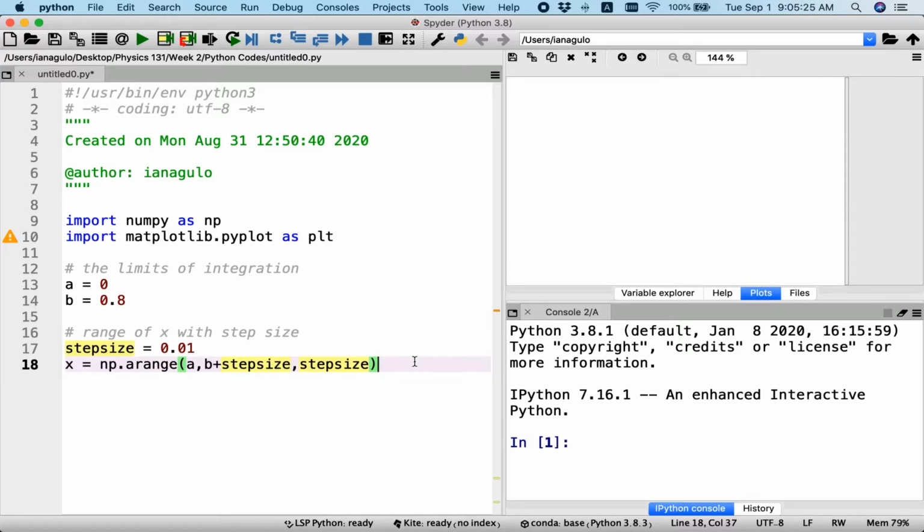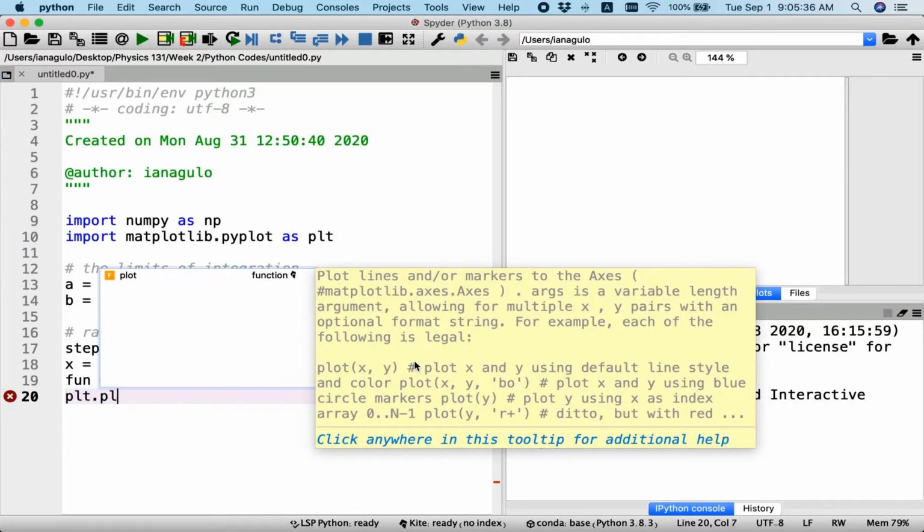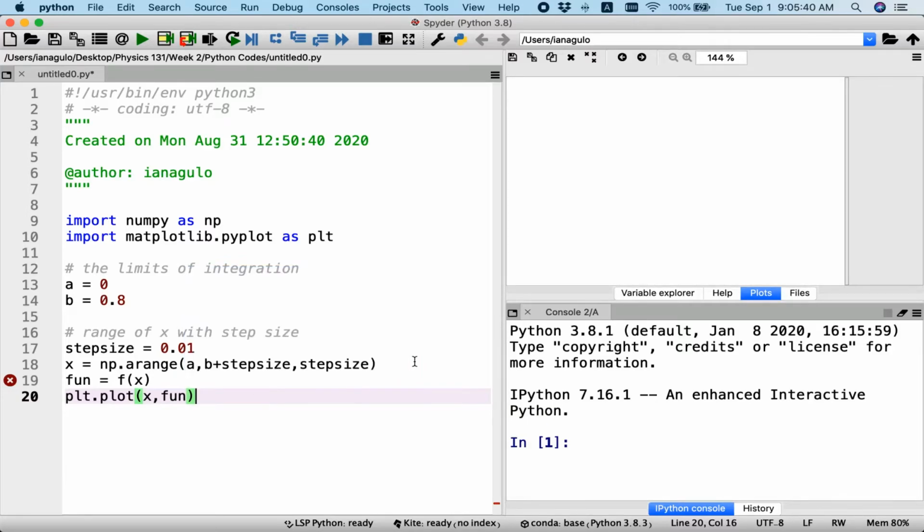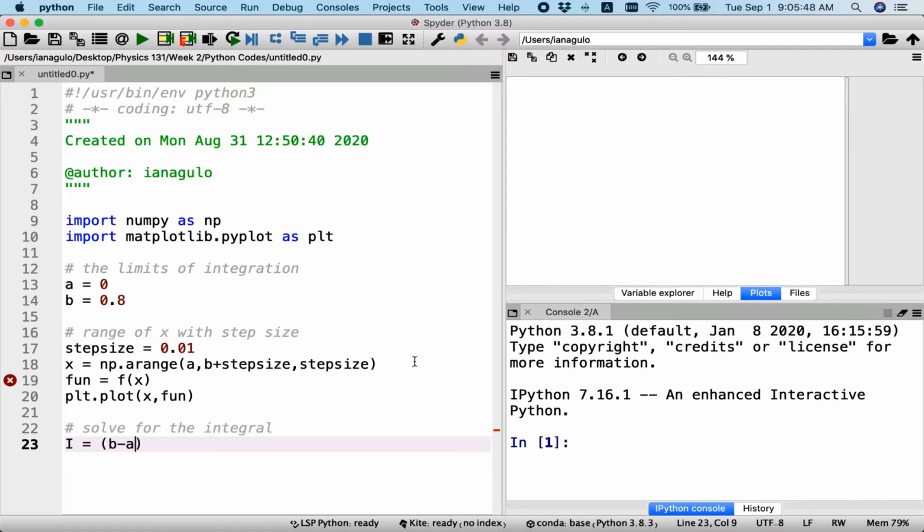Then I can type in fun is equal to f of x. And then of course I have to plot it. So plot x and fun. Next, let's solve for the integral. So I equals b minus a times